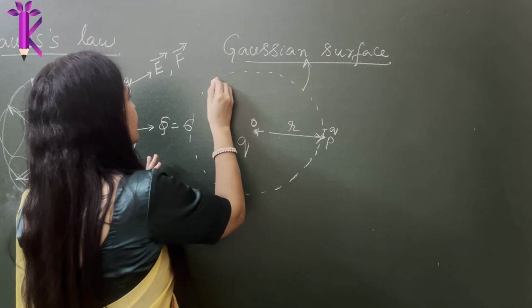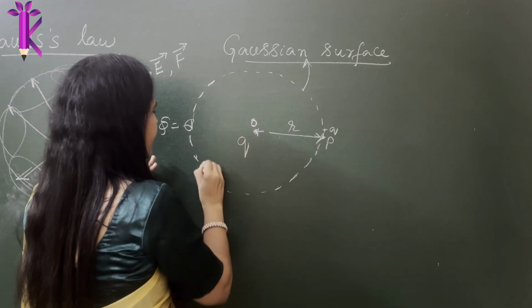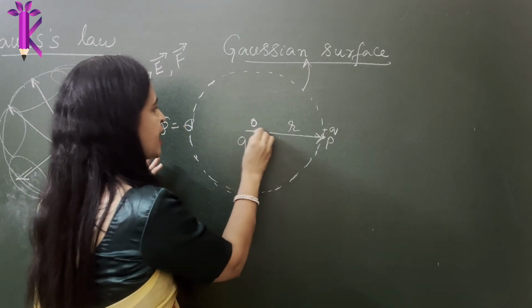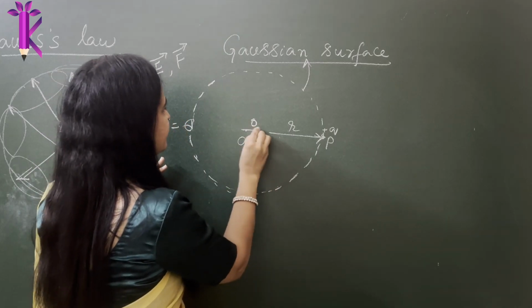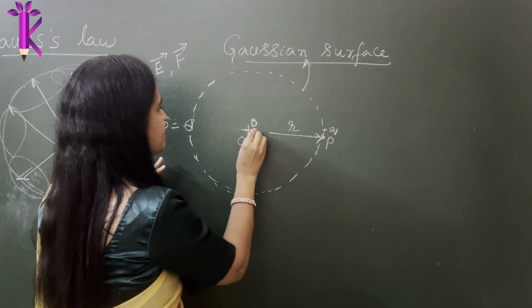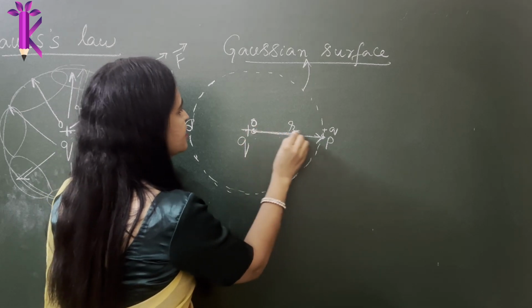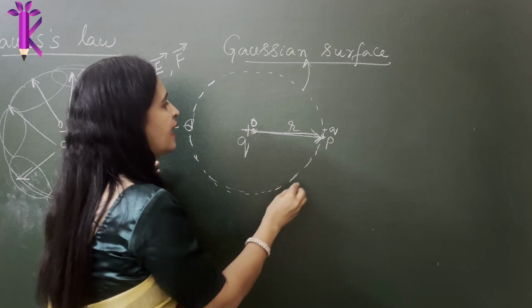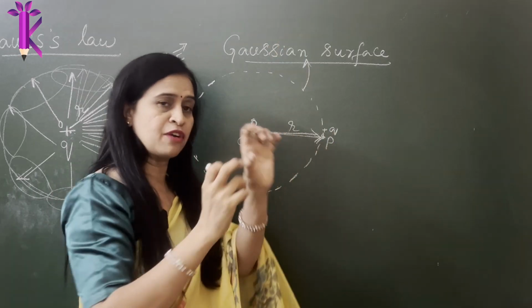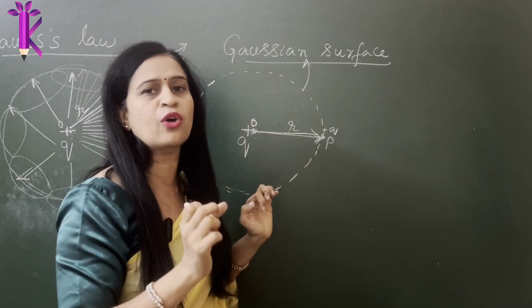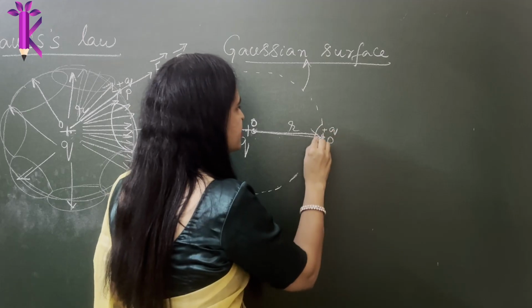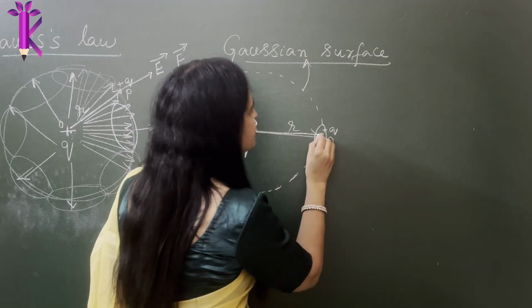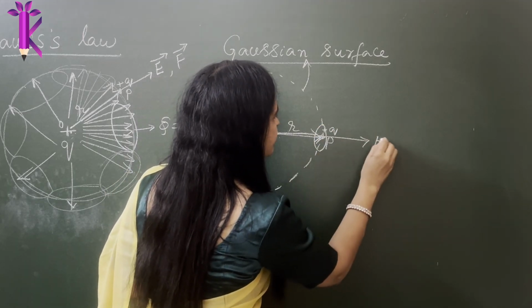So therefore, you imagine this spherical surface around this point charge, which is placed at the center. This doesn't look like the center, but imagine this to be the center. So the point P is at a distance r. Now on the spherical surface, you imagine a tiny unit cross-sectional area, such that this will be the direction of the electric field.